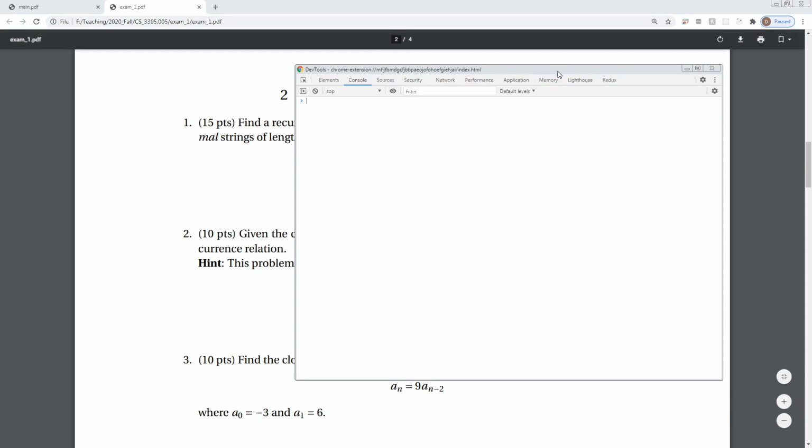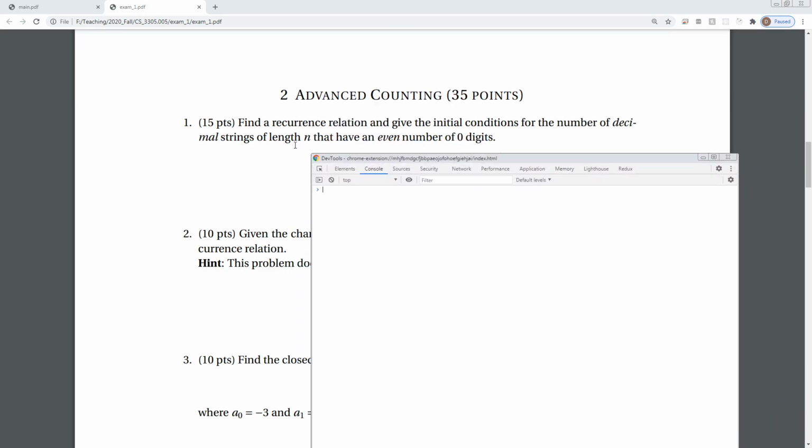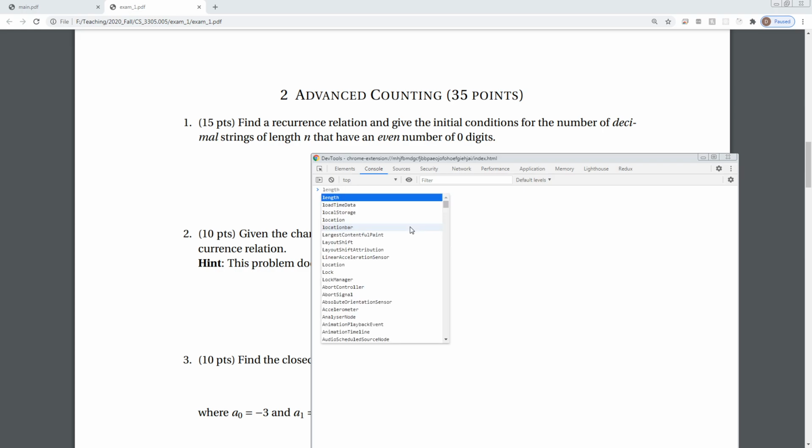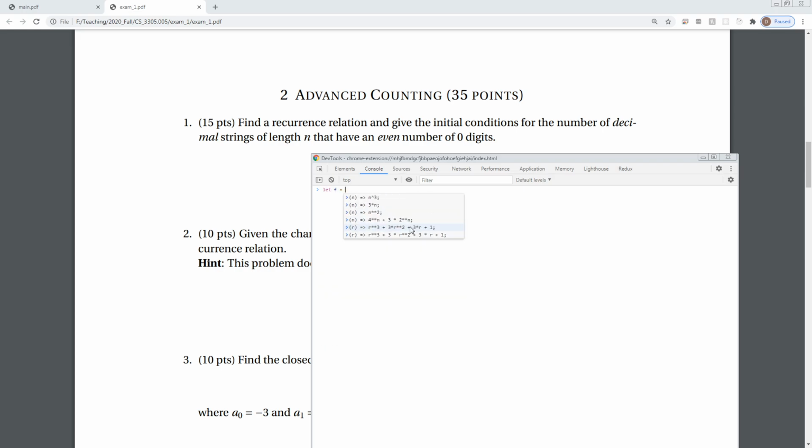So in this case, we're looking for a recurrence relation, so we're looking for something of the form A of n, right? And we don't really know what that looks like yet, but we do know what f of n looks like. So let's define that. Right? So we have some function, f of n, and we'll say that